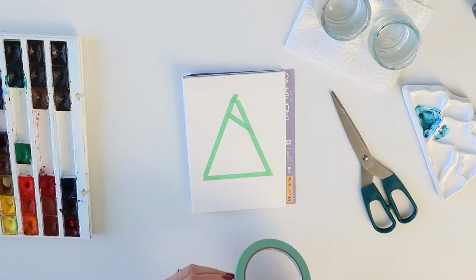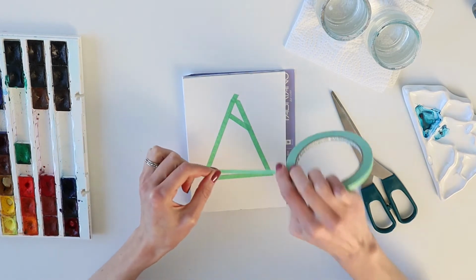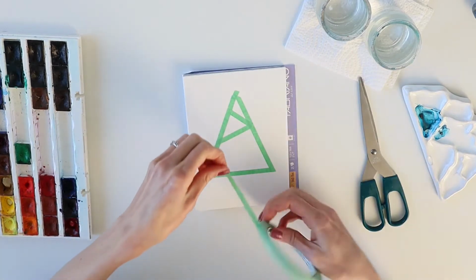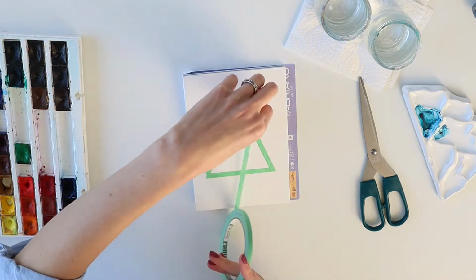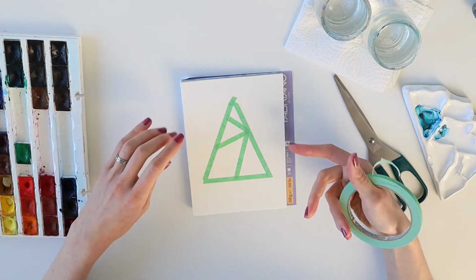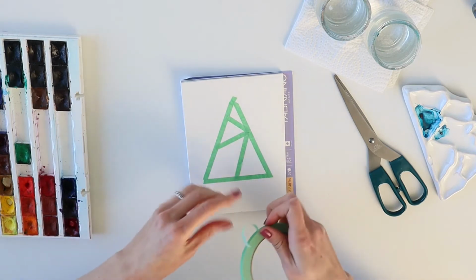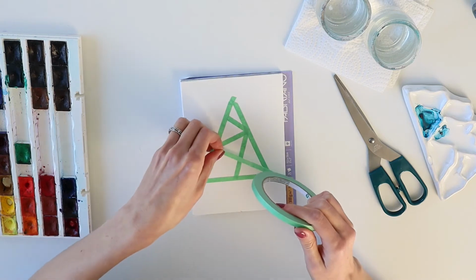So we have one triangle here, and our next tape placement is going to be probably here, like this, and then this one, so you see what I mean. I'm trying to put my masking tape in such a way that in the result I'm getting the triangles here. So I'm gonna work a little bit more in this area,